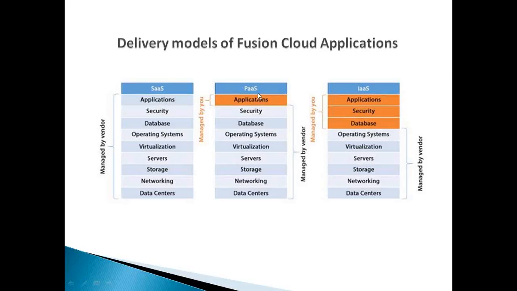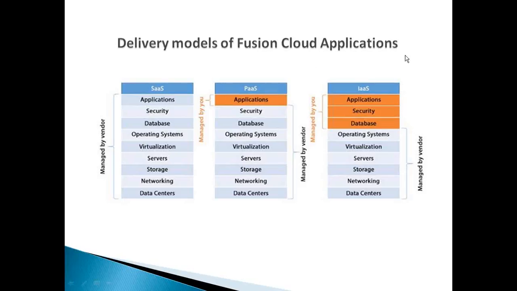And when you go with a PaaS, the rest of all will be managed by the vendor, and the applications you can manage. Manage means here you can do the customizations. You can create new applications, and you can create new functionality you can take into the standard process. When you go with the IaaS, all this will be managed by the vendor, and these 3 areas of privileges will be given to the client. Accordingly they can deploy a new application, maintain the database, and maintain security aspects for a different application which they are going to install or get from Oracle.